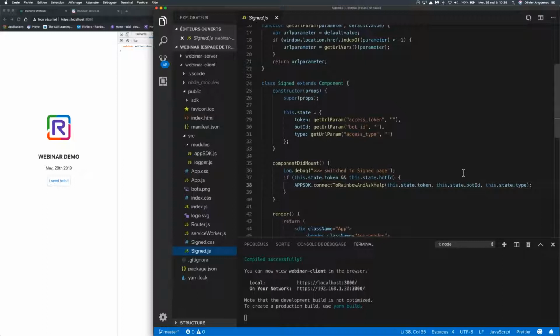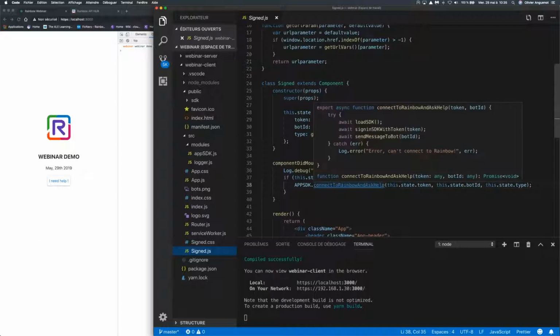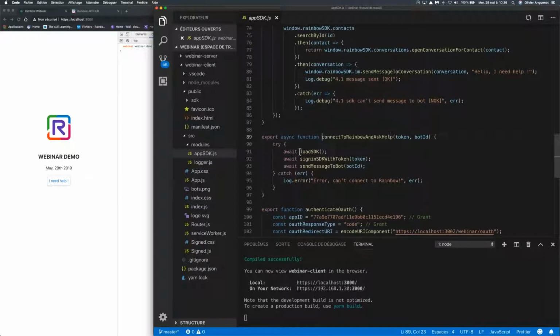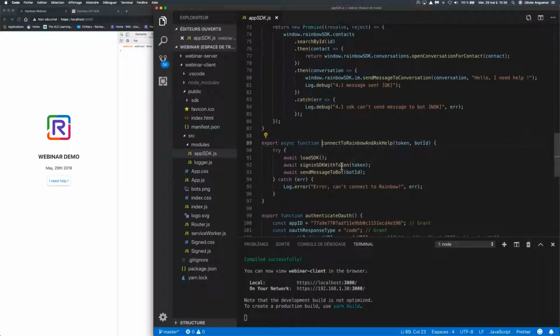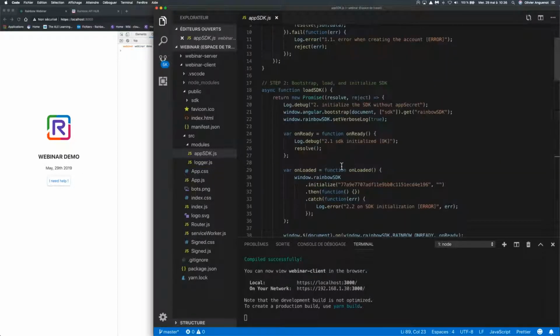So if we have a look at that method, in fact, we are doing three things. We will load the SDK, we will sign in with the token, and then we will send the message to the bot. So we can have a look at the three functions before launching the demo.